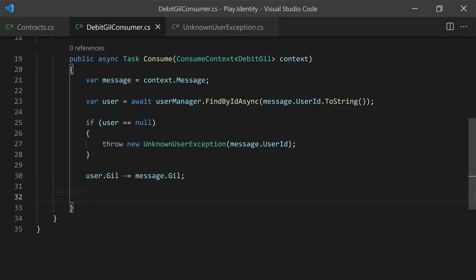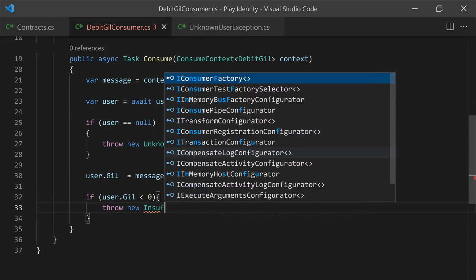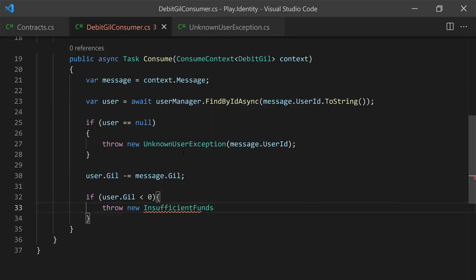But there's a thing here that we need to check. If that yield is now a negative number, right, less than 0, it means that this user actually doesn't have enough yield for the amount that has been requested. So if that happens, we actually have to stop things right there by throwing another exception, so that the caller knows that there are not enough funds available. So we'll say if user.Yield less than 0, we will throw a new InsufficientFundsException with